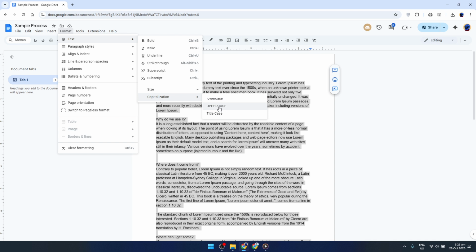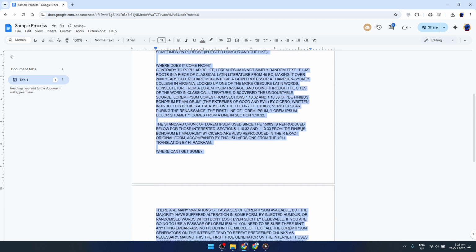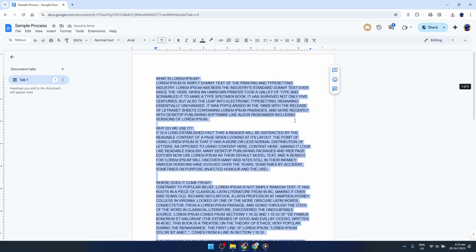Next, you'll want to select uppercase from the options presented. Click on uppercase, and just like that, your selected text transforms with all the letters capitalized. This change happens instantaneously, and you can immediately see how your text appears in the new format. This feature is especially helpful when you've originally typed something in lowercase, or have a mix of cases, but desire